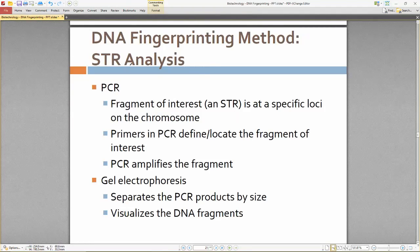Okay, so what do you have to do? First, you have to figure out which fragment of interest you are going to amplify. So, step 1, the fragment of interest in an STR, in this case, is at a specific loci on the chromosome. So you need to figure out which primers in PCR will define or locate the fragment of interest, and once you can do that, then PCR can amplify that fragment for you. And then afterwards, you can use gel electrophoresis to separate the PCR products by size and then visualize those DNA